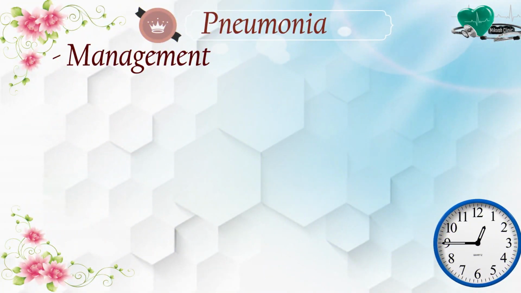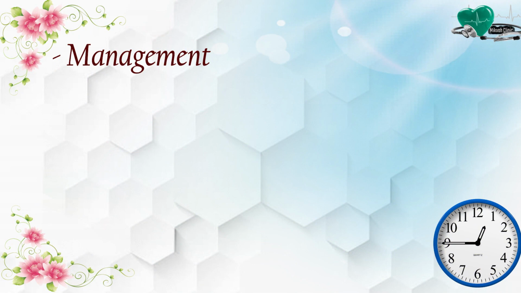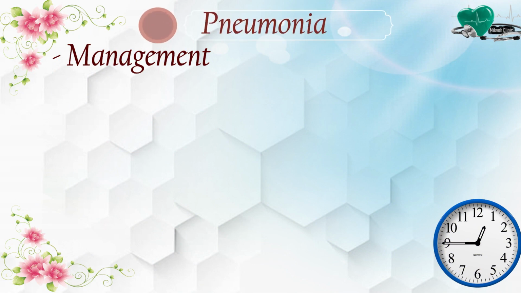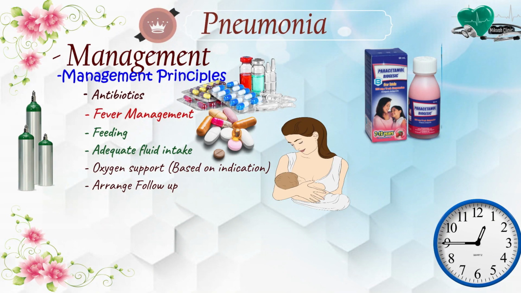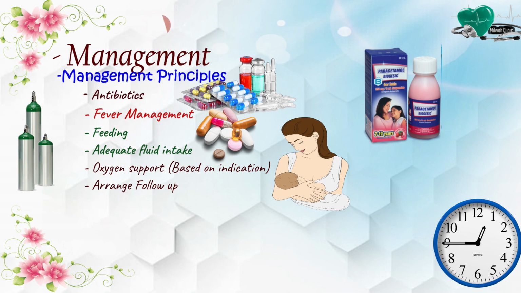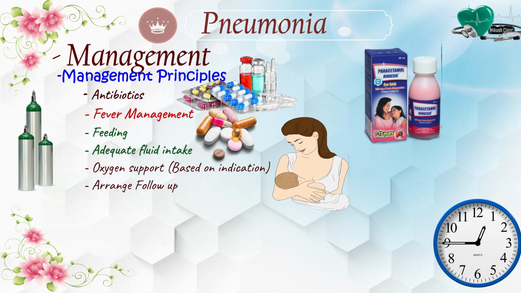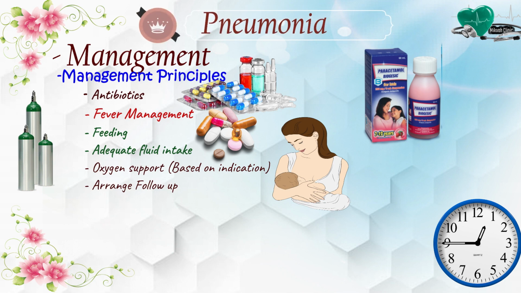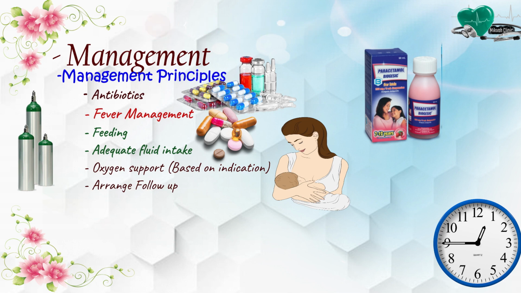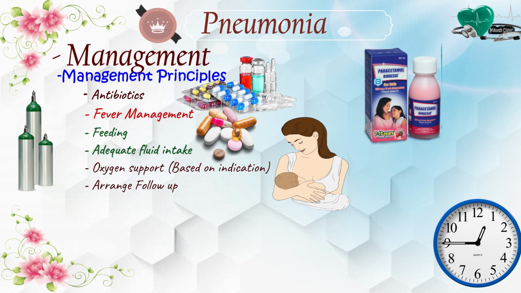Now let's come to the management of pneumonia. How do we manage pneumonia? It's easy. The management principle involves one is using antibiotics for treatment of bacterial pneumonia. The second one is treating the fever. The third one is giving adequate fluid, which is in the form of breastfeeding, and it might be giving IV fluids. The fourth one is feeding, and finally we have to arrange a follow-up for the child till he completely recovers from the pneumonia. So the principles of antibiotics,